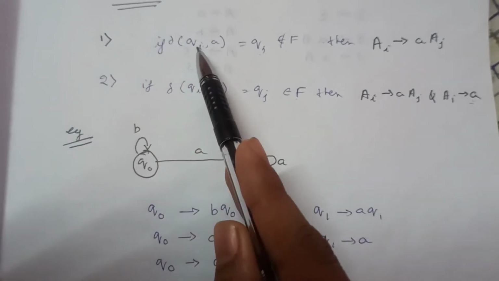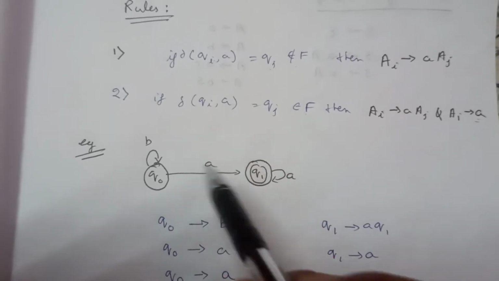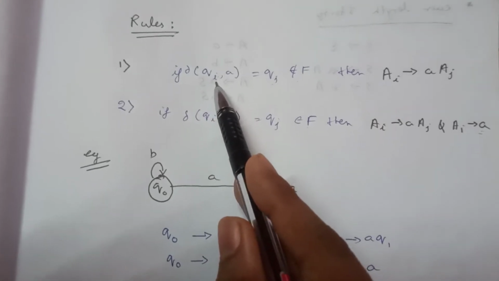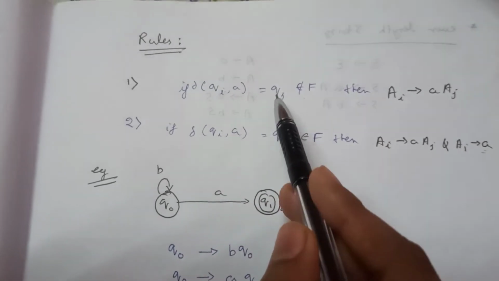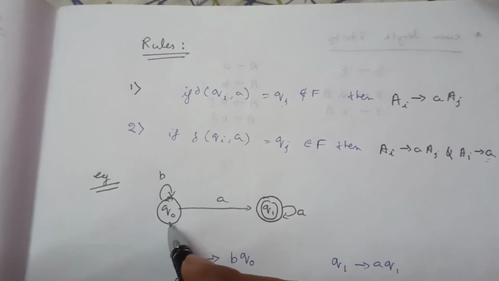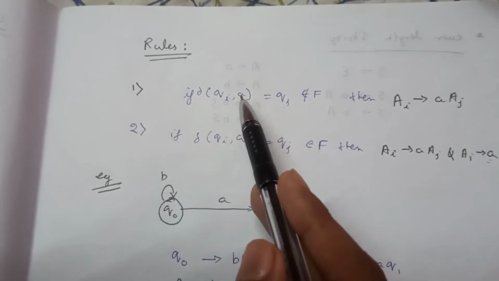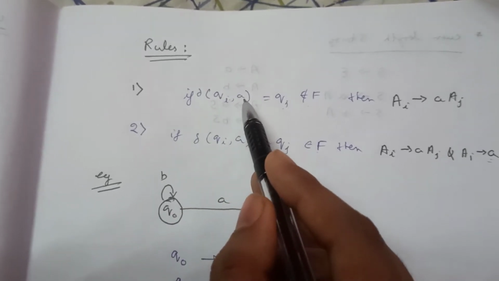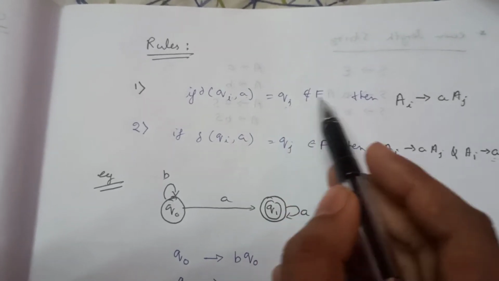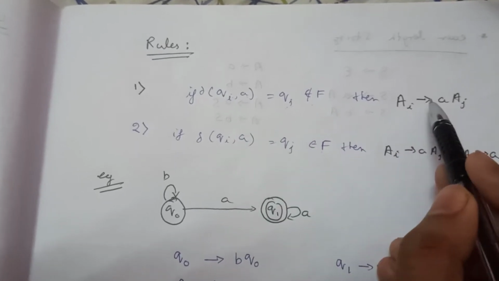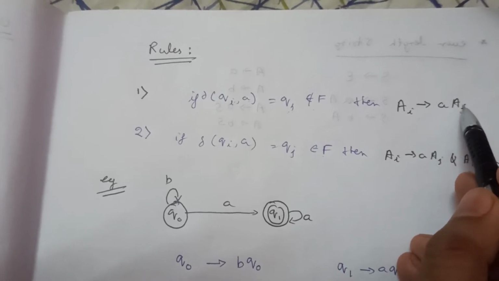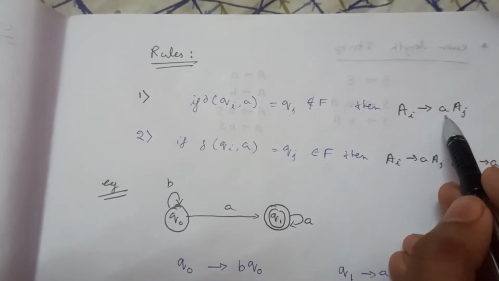So see, here qi means q naught. From one state we are going to another state. So this is the state we are presently in, that is qi, and qj is the state where we are going after a particular transition. So from qi, the state we are presently in, we get an input symbol. For this rule we are getting input symbol a, and we are going to state qj. So then the production rule becomes qi to a qj. Here we can write the names of the states we are going to, and this is the input symbol.